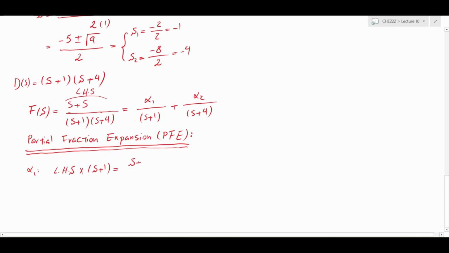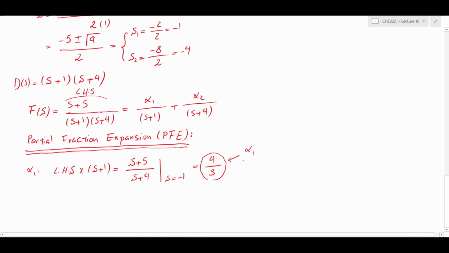So we will have s plus 5 divided by s plus 4. And we evaluate this at the root that corresponds to s plus 1, which is s equals minus 1. So if I put s equals minus 1, I will have minus 1 plus 5 is 4 divided by minus 1 plus 4, which is 3. So our alpha 1